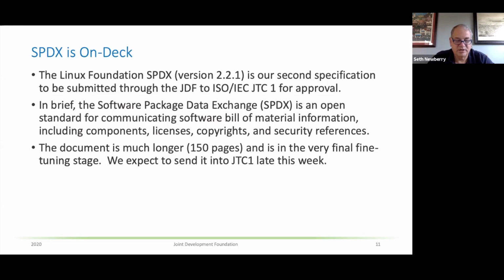SPDX, or excuse me, the PAS process. And truthfully, we're looking for more, because